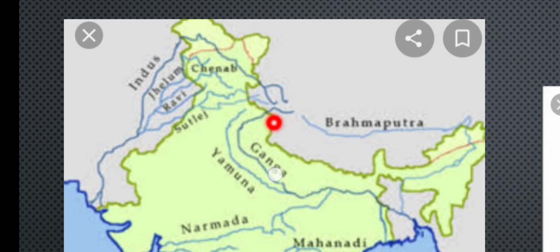So where the river originates is the source of the river, and where it ultimately meets is the mouth of the river. So the source of the river is Mansarovar lake and the mouth of the river is the Arabian Sea.